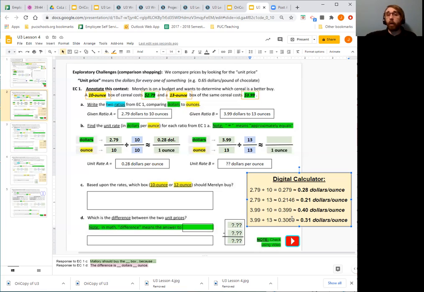So 0.3069, and then it kept going. So I had to stop it. And I said, well, for money, I only care about 2 digits after the decimal. We call that the hundredths place. So there's the tenths and then the hundredths. So the hundredths place is currently a 0, but since the next number is bigger than 5, it's approximately a 1. So $0.31 per ounce,